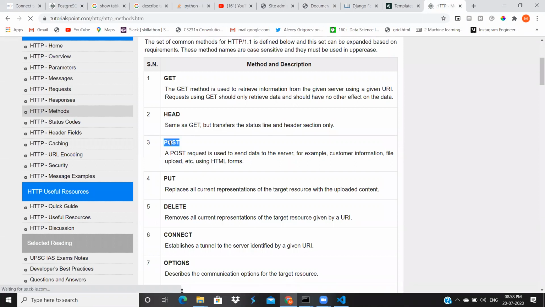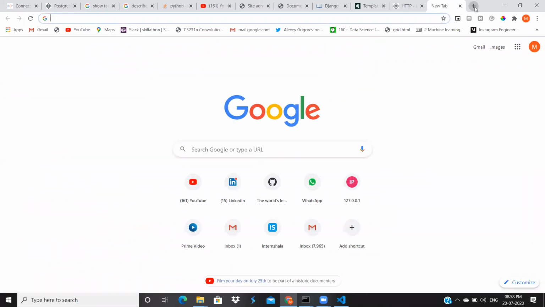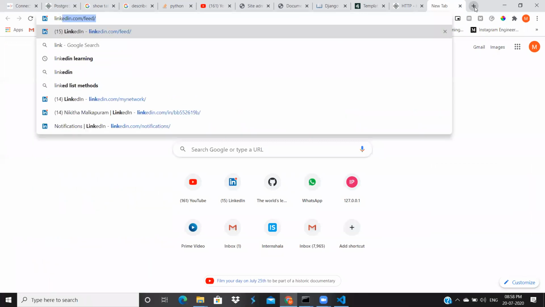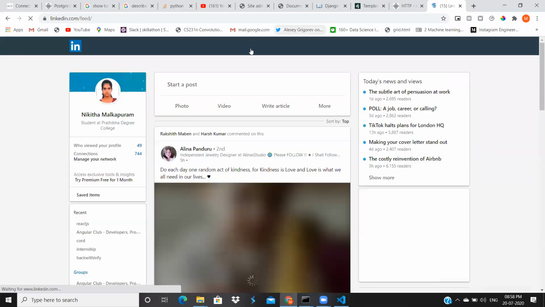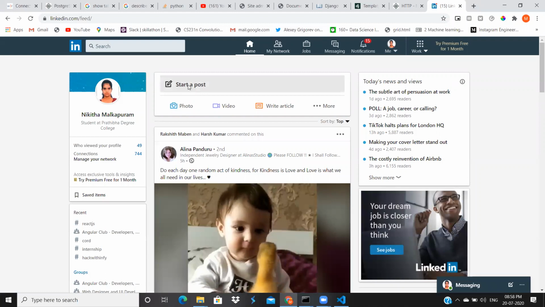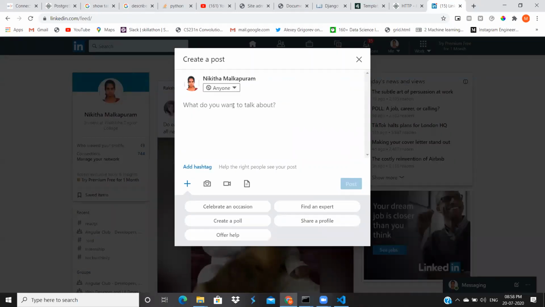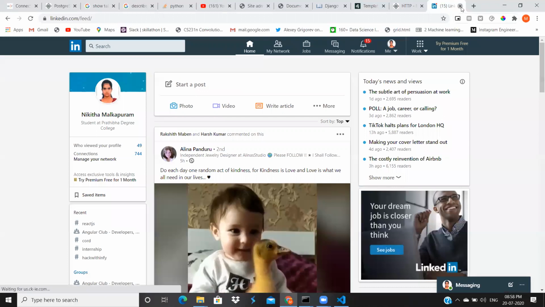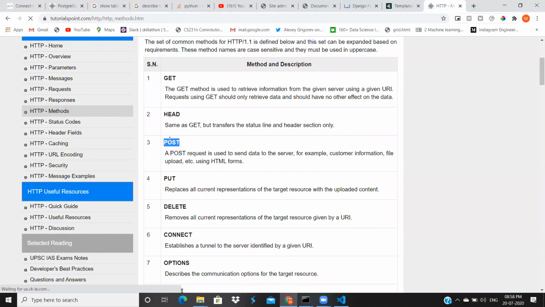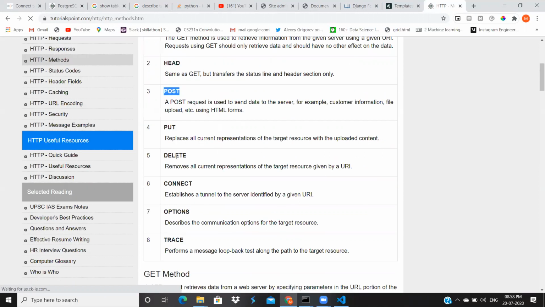Post method means we will send data to the server. For suppose I want to write some article here. I will type all my article details and I will post here. I'll click on post. That means I'm sending data to the server. For that reason, whenever you want to send data to the server, you have to use the post method. Then we have the delete method to delete data from the server. The put method is used to update data in the server.